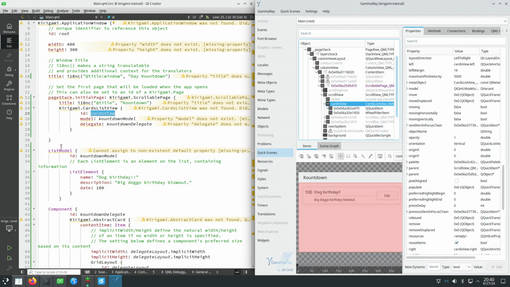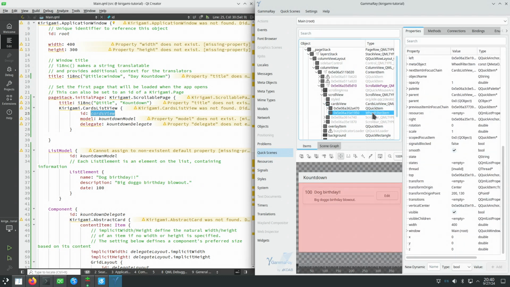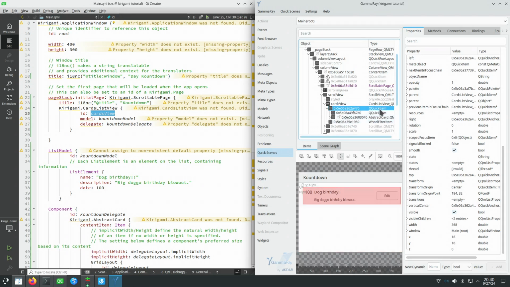Okay. Then we have a, I'm not sure what, inside the cards list view. So this quick item